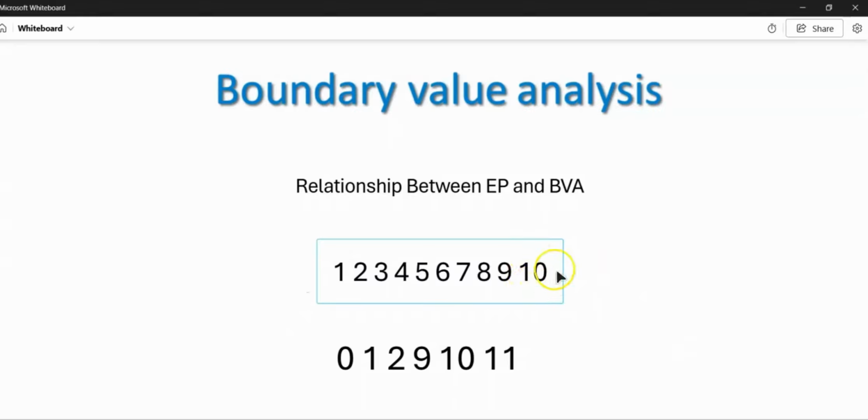Just below the upper bound is 9. Accepted value is accepted, right? The just above the upper boundary is 11. Expected result is rejected. Notice that we didn't choose values like 5 or 7 because boundary value analysis focuses on the edges of the